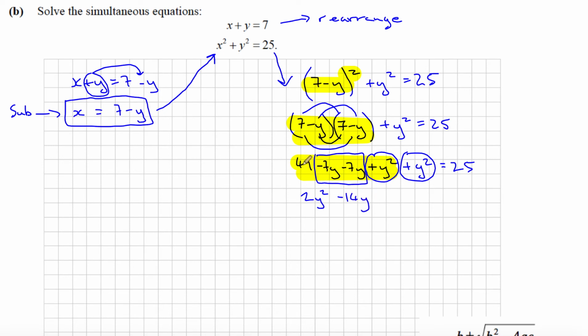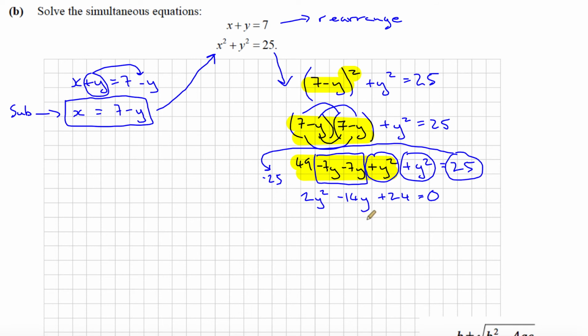And then we have 49. But we can bring this 25 over to be with the 49, and it becomes negative 25. So 49 minus 25 is positive 24. So there we go. 2y squared minus 14y plus 24 equals 0. So that's a quadratic equation,